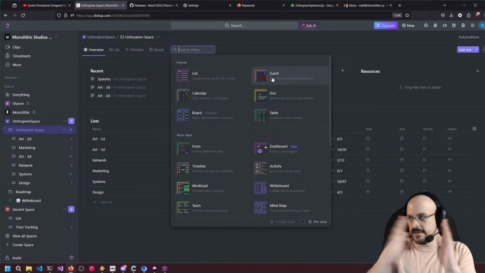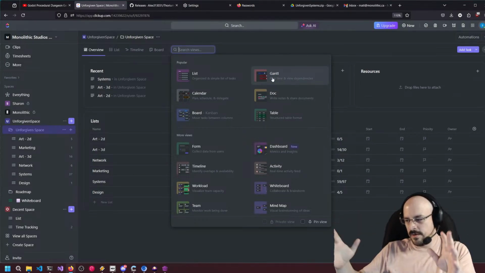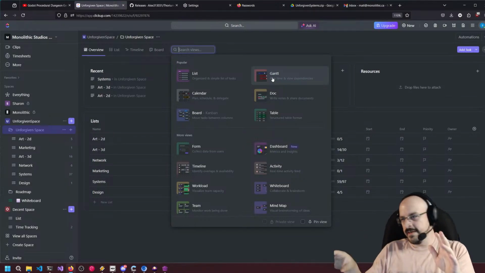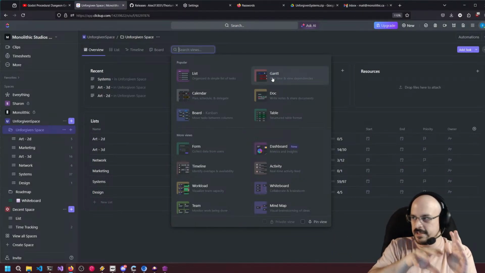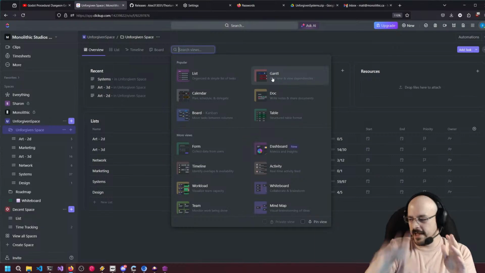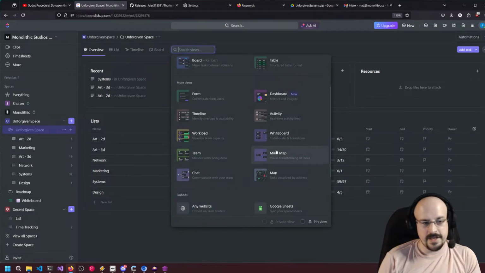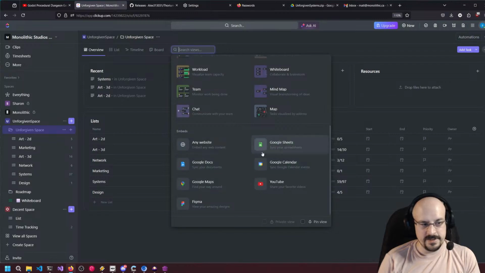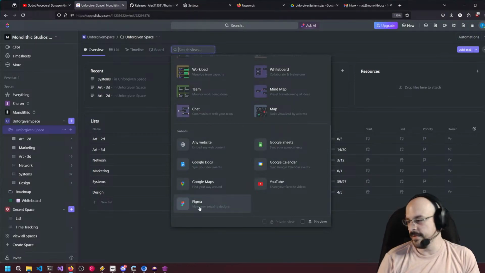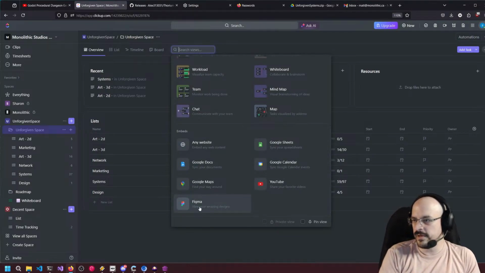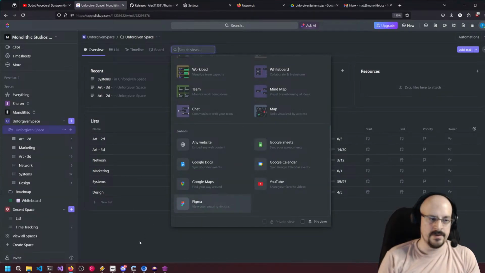Like, here's an entire epic that I want to do, but these are all the dependencies. So how do I manage all these dependency trees of this epic? And yeah, it's got everything: mind maps, whiteboards, activities, and all the integrations into Figma too. If you have a designer who's doing 2D and they're just doing Figma, you can link those in,